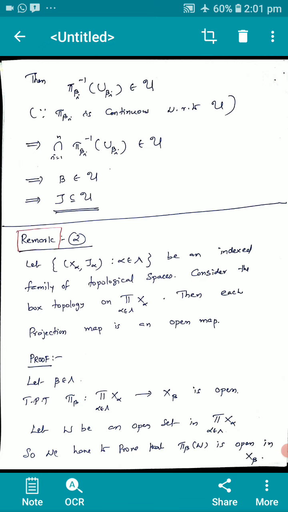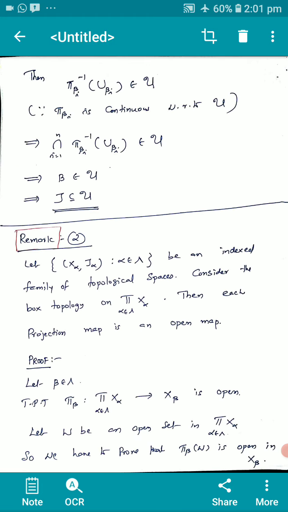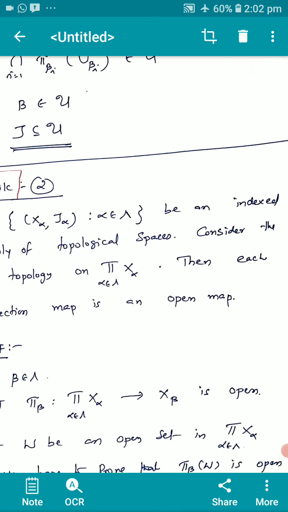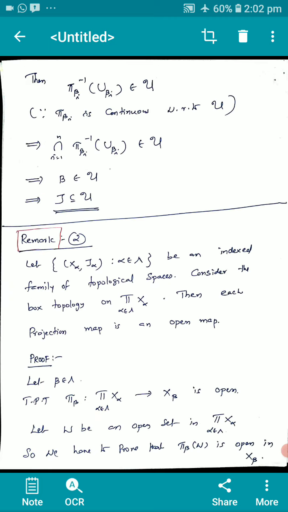Now we are coming to remark 2. Let (X_alpha, tau_alpha), alpha in the index set, be an indexed family of topological spaces. Consider the box topology on product X_alpha. Then each projection map is an open map. Proof. Let beta be in the index set. To prove that pi_beta from product X_alpha to X_beta is open,